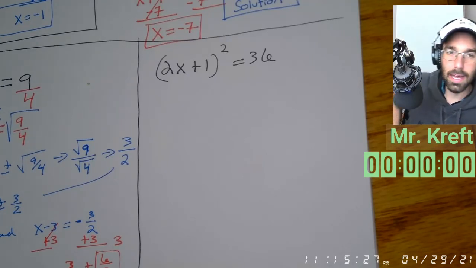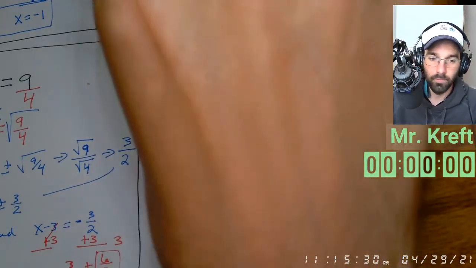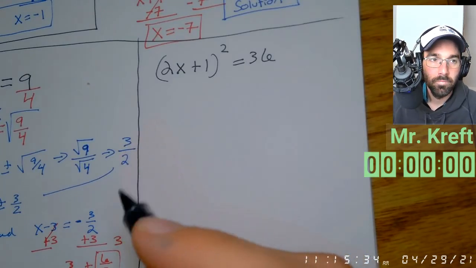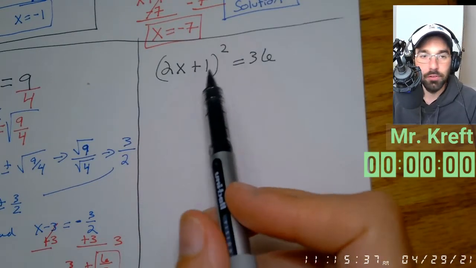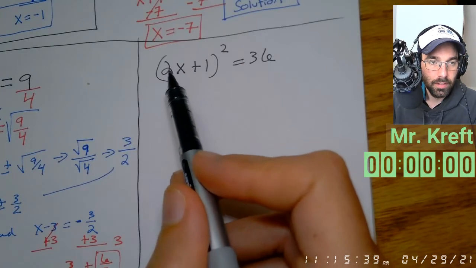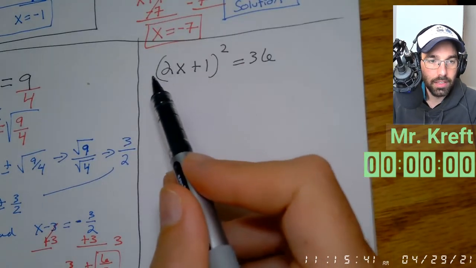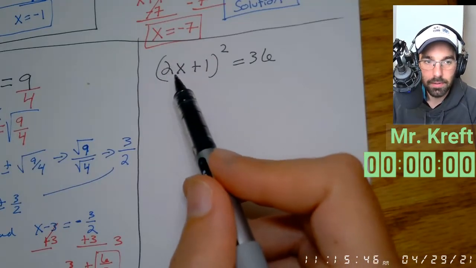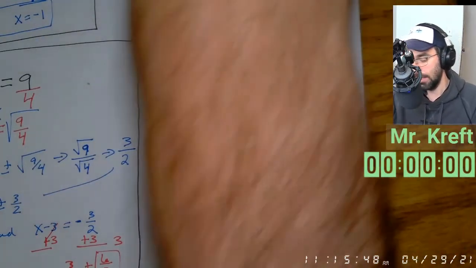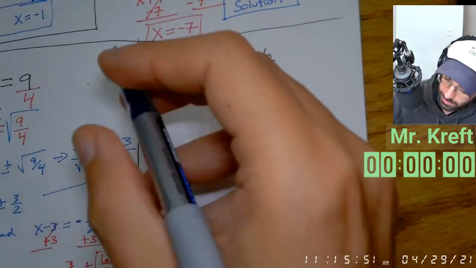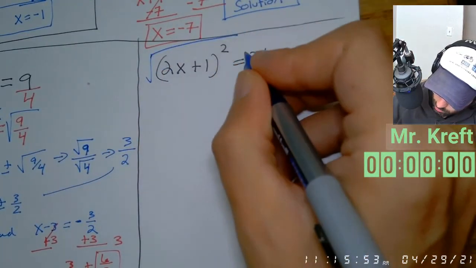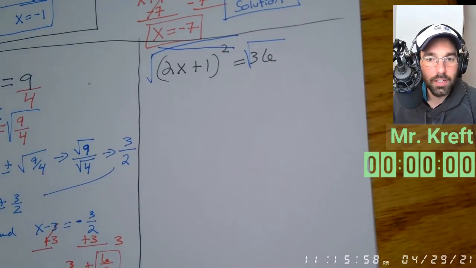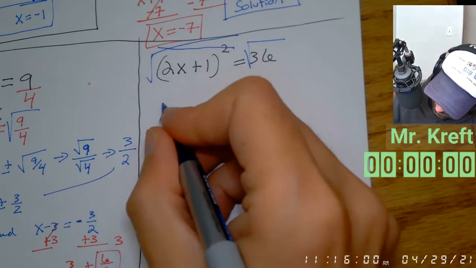All right, guys, let's take a look at what we got here. So the first thing I'm going to take a look at is, hey, is my squared term by itself? And it looks like it is, right? Everything else is inside. So if everything else is inside, then I got the squared by itself. So I'm going to go ahead and square root both sides. And the square and the square root are going to cancel out. So I'm going to get,